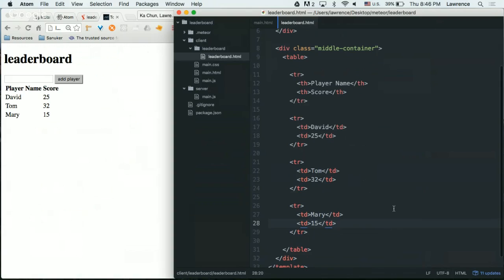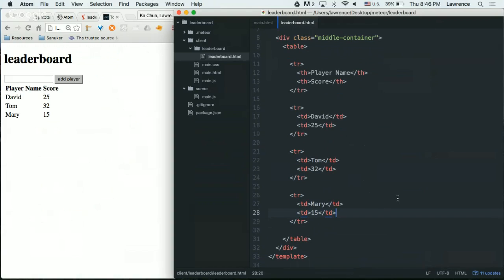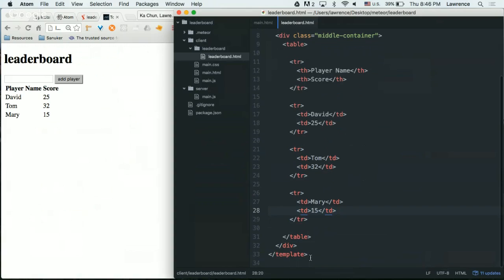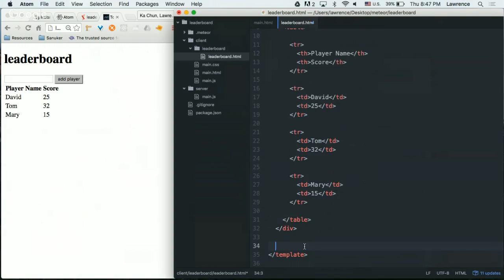Okay, so actually now we have finished 2 parts. So we're going to have the third part. So underneath your closing div in your Meteor container, just try to type enter and create another div. This time we give it a name, and as expected, just call it bottom container.